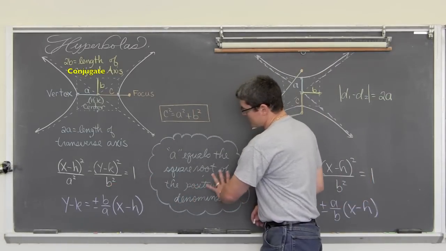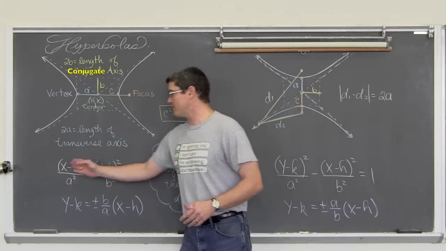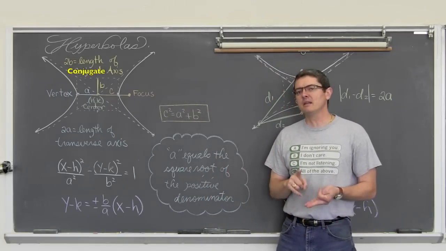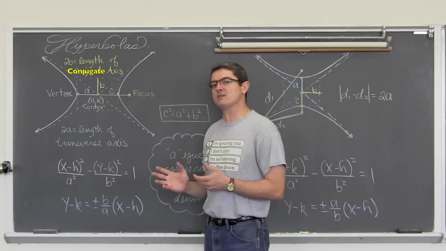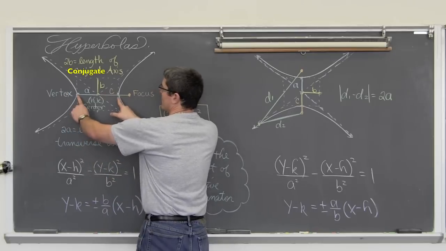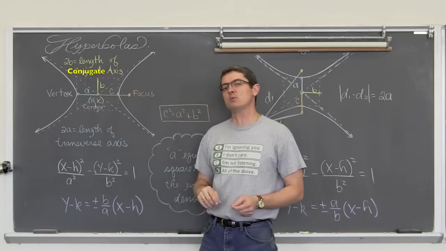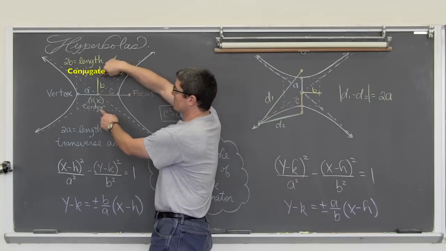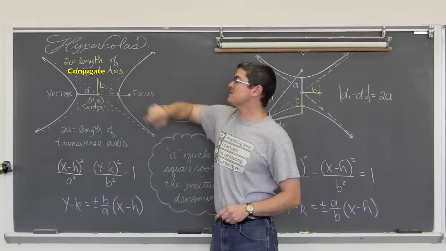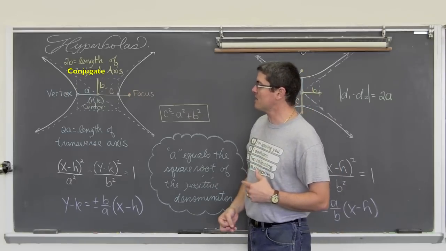This difference here, where we're not relating a and b together based on their size, but based on what fraction underneath, a can be bigger than b, a can be equal to b, or a can be less than b. So instead of using major and minor axis as our names for our two axes, from vertex to vertex is called the transverse axis, and the length of the transverse axis is equal to 2a. The perpendicular direction, when we go up and down a distance of b, that entire length is going to be 2b, and that is the length of the conjugate axis. So there's a good breakdown, I hope, that you find for horizontal hyperbolas.